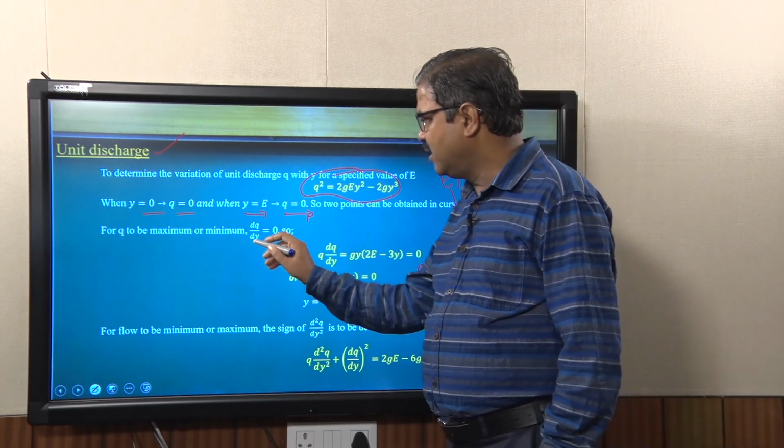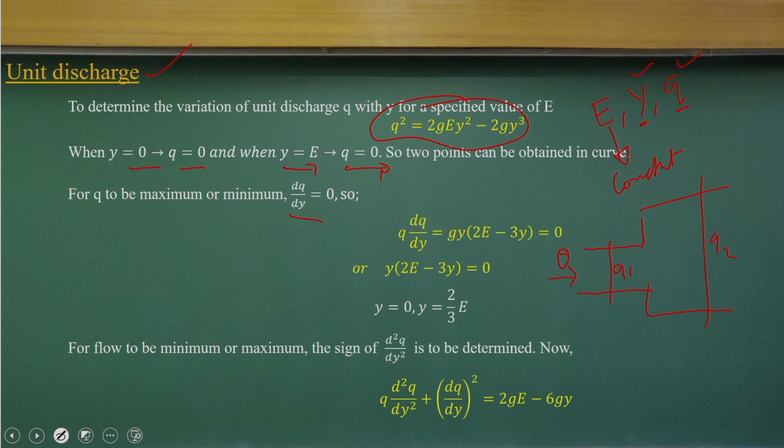We are just looking at where it will be the maximum or minimum. So we look at the first derivative of Q with respect to Y, and the second derivative. If you compute the second derivative, it is the same equations, we are just rearranging and resubstituting. The second derivative part is used to determine whether the flow